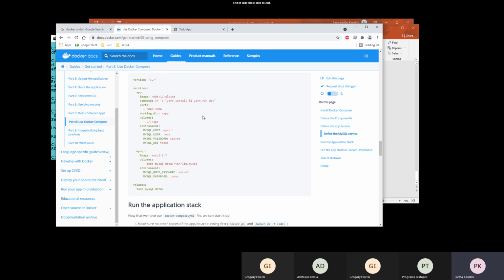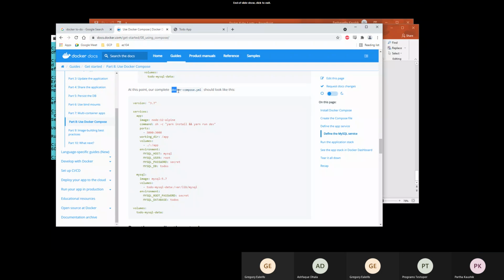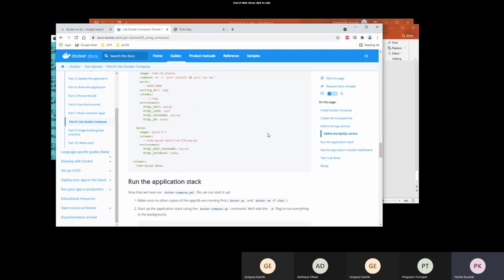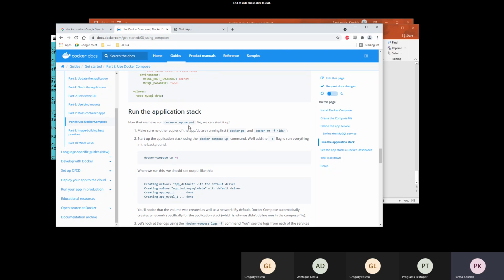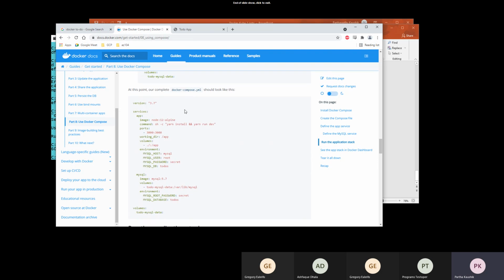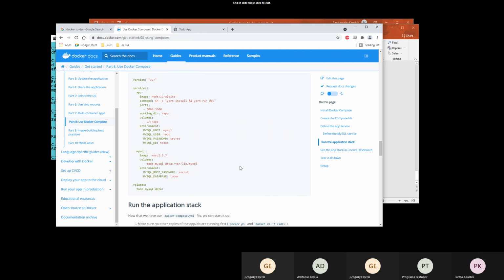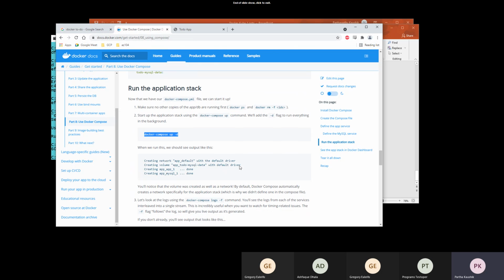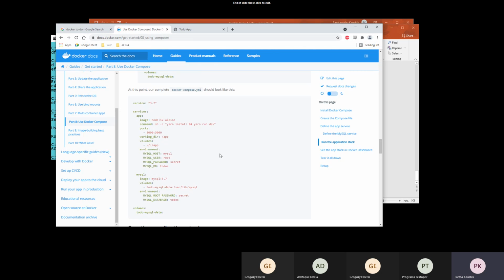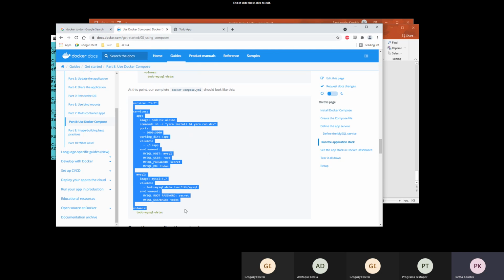Now this whole file is called docker compose.yaml. And if you want to run the application stack, all you have to do is say docker compose up -d. And that will go through this file and do all of this stuff and get both of them up and running. Okay. So if you actually take this whole thing from here to here,